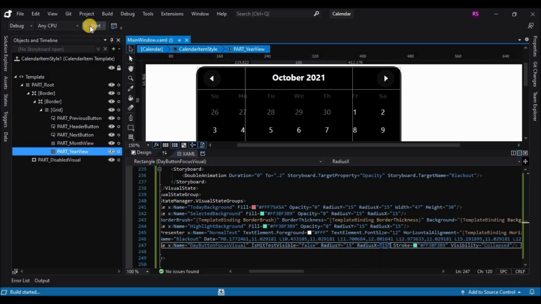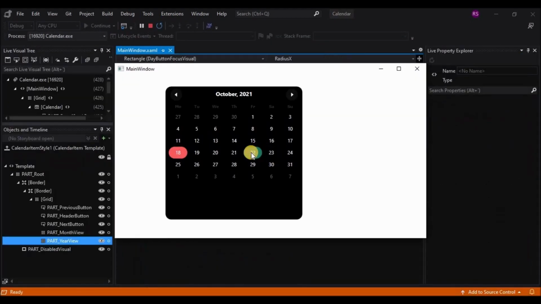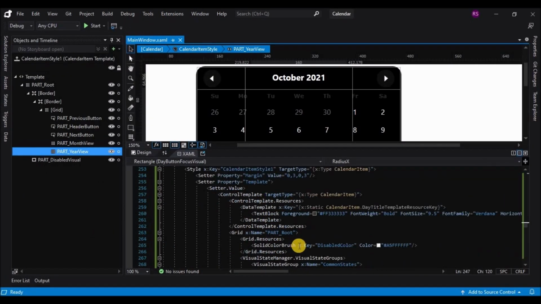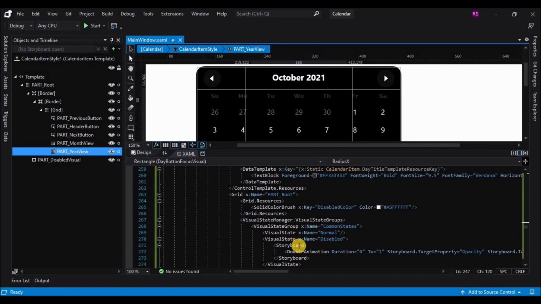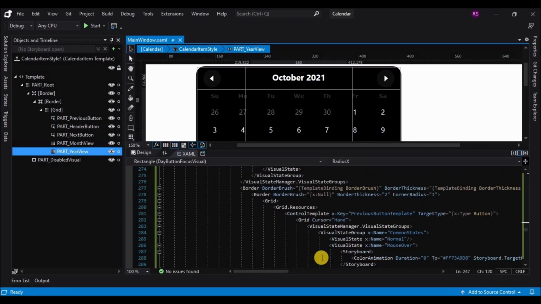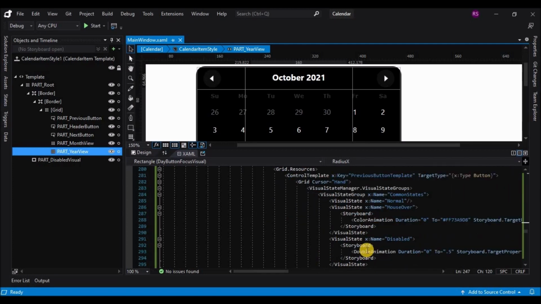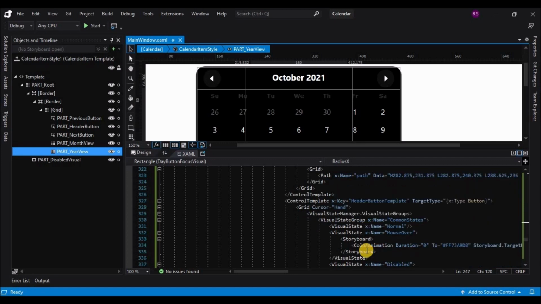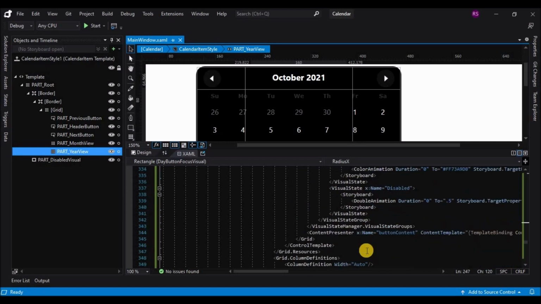And now when you run the application, you will see that when you select the date, the border is also same as the highlighted color. So let's stop the application now. So there is only one thing that is remaining, is the days of the week. So let's try and find out that. And if we scroll the document further,